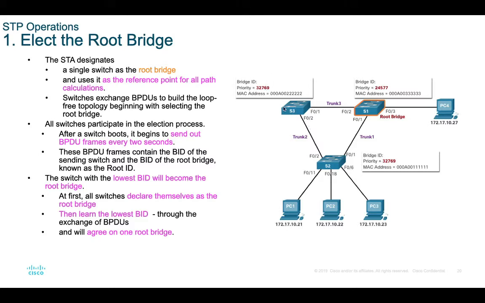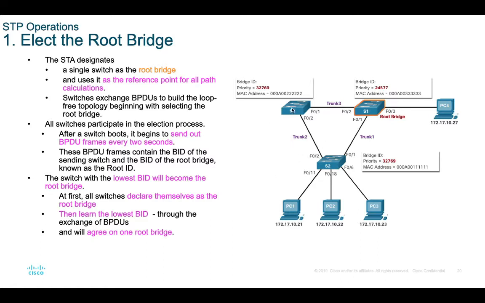And then switch 3 will tell switch 1 and switch 2, okay, switch 1, you are new here, I'm the root bridge. Okay, switch 2, you are new here, I'm the root bridge. Switch 1 is also sending the info, I'm the root bridge, to switch 3 and to switch 2. Switch 2 also will send I'm the root bridge to switch 1 and to switch 3.